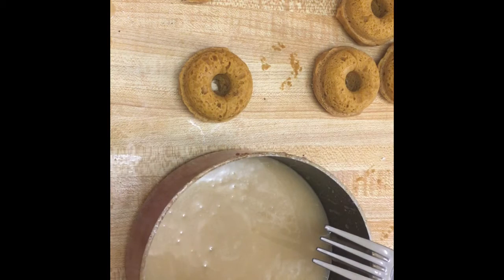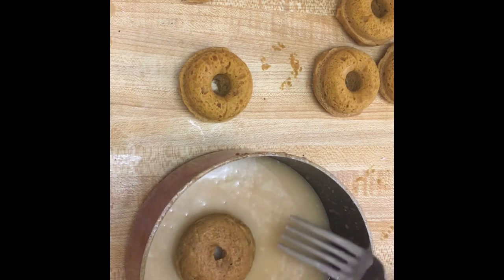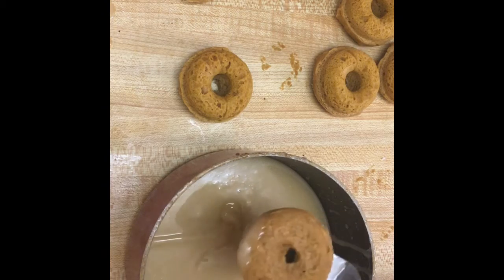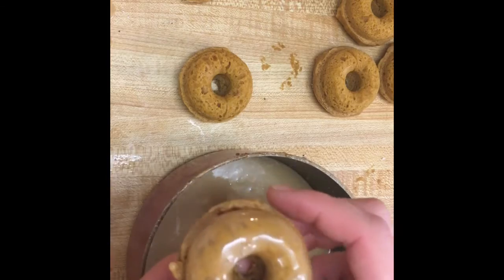And now the last thing to do is just glaze them. So I'll just drop them in. Let them get all nice and covered. Pull them up. And there you have it. Beautiful